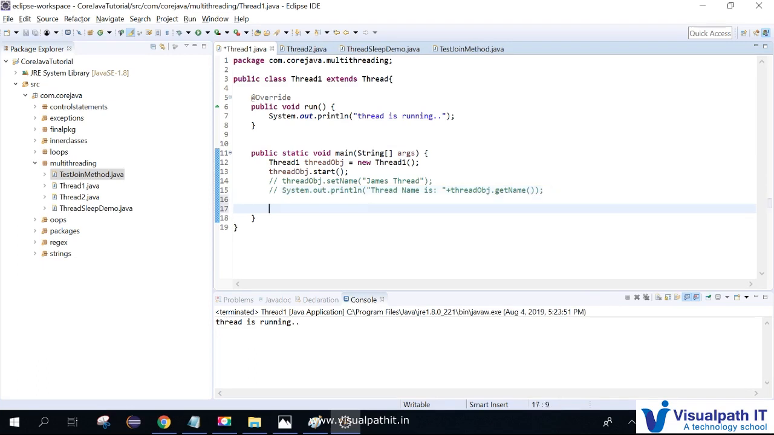So I'm just having this thread. I just want to print the current priority. What is the current priority it is having? For that I'm doing